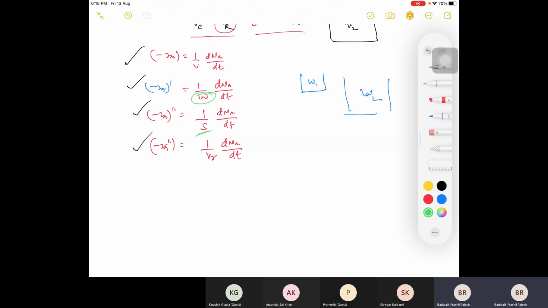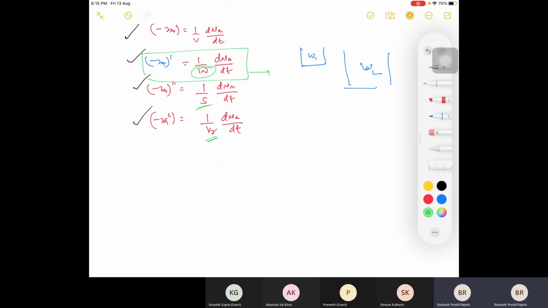Because we cannot measure surface area accurately. There will be pores, there will be some non-uniform surface and all that kind of thing. So you cannot directly measure it. Volume of reactor could be a way, but in case of reactions where volume is changing with respect to time, the volume is not remaining constant, right? So that's why we are also not considering that in some cases. So this will be a comfortable, or I could say easier one to write. Okay, so these were the ways.